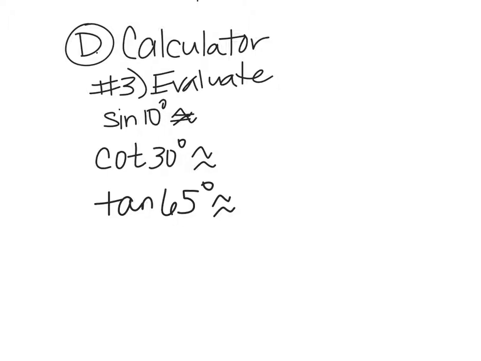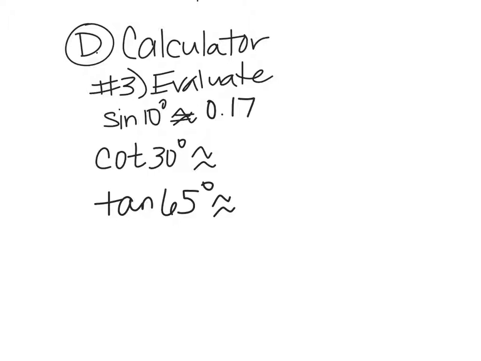Okay. So let's just go ahead and evaluate these 3. So go to your calculator. And we have degrees here, so we're going to be in degree mode. I just check it to make sure. And I want to find the sine of 10. I don't have to put in a little degree symbol if I'm in degree mode. It takes care of it for me. So the sine of 10 would then be